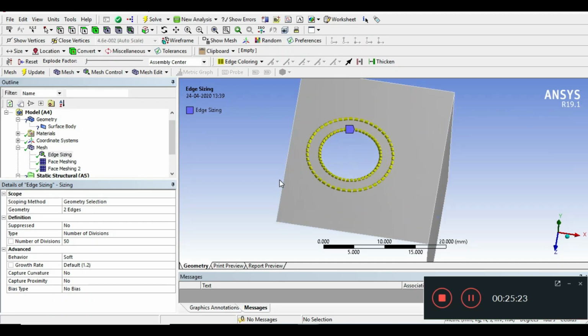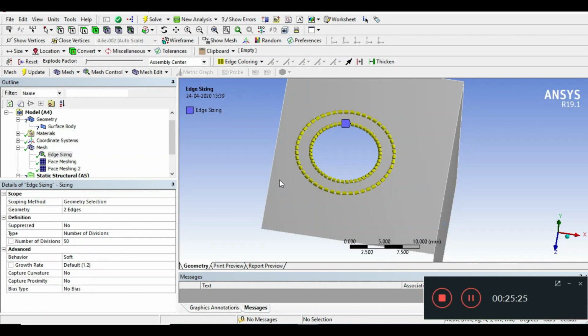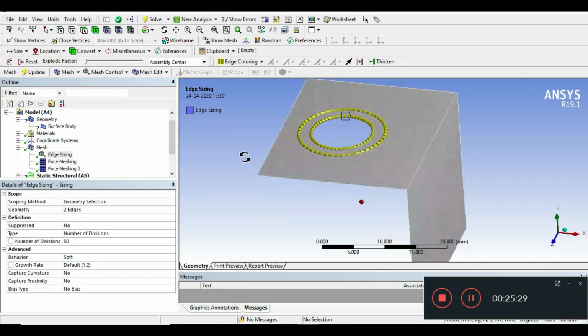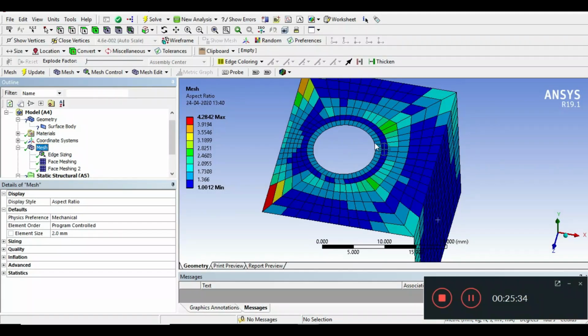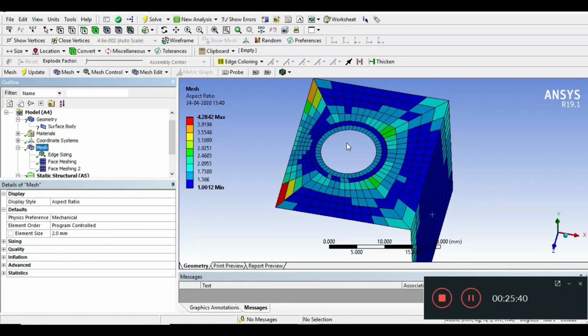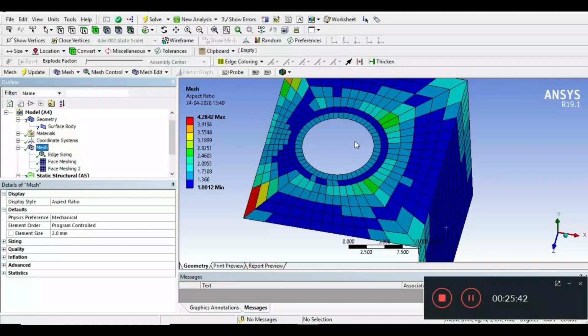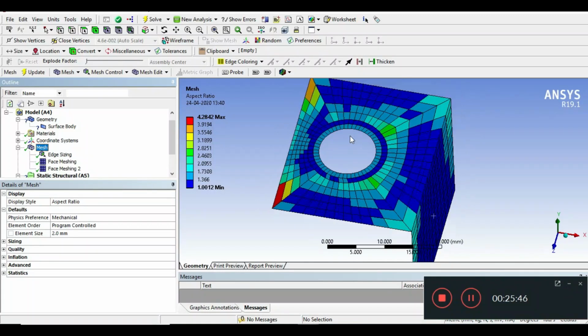So this is all about the washer, how to use a washer around the circle or your whole feature and create a good quality mesh around the circle. Because most of the time the region around the hole is a critical region, and most of the time we require good quality mesh elements to give good results. So in this way we can use this washer technique to create good quality elements.